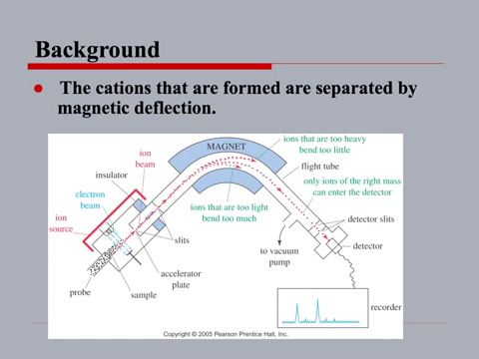This is an image of a schematic of a mass spectrometry instrument, how it is laid out. You can see that the sample is entered into the machine by a probe. The black ones are the sample molecules. An electron beam of high energy electrons is produced, and they produce ions when they strike the sample molecules, a regular stream of ions. These ions are accelerated into a tube, and they pass through a magnetic field, and now